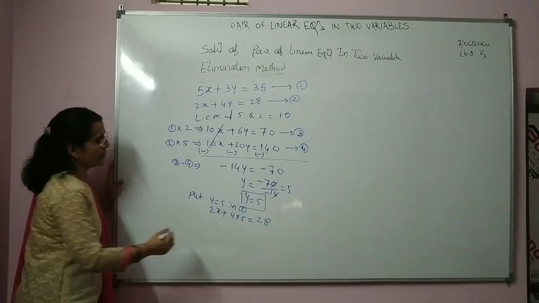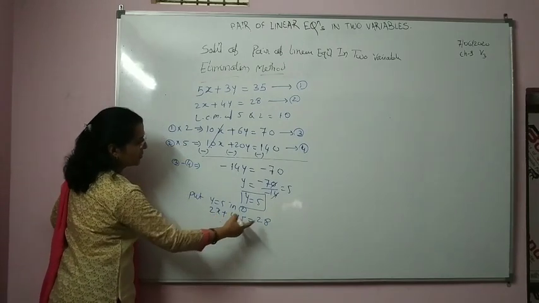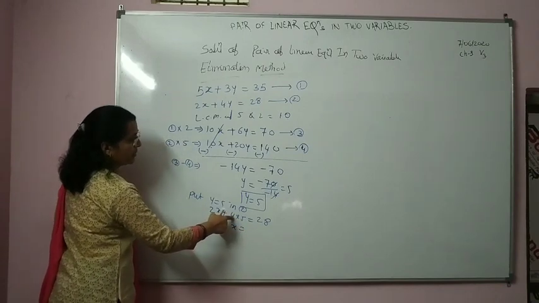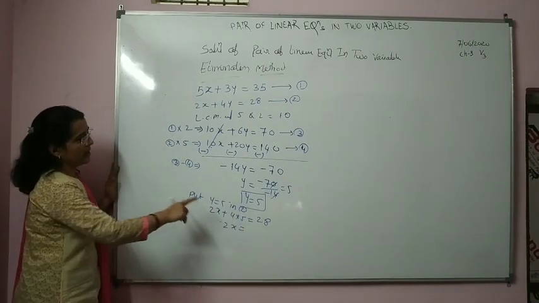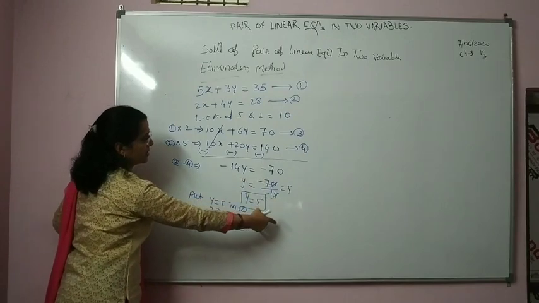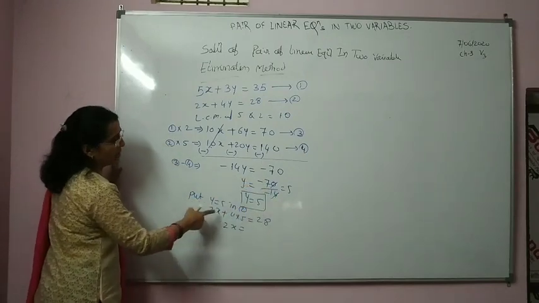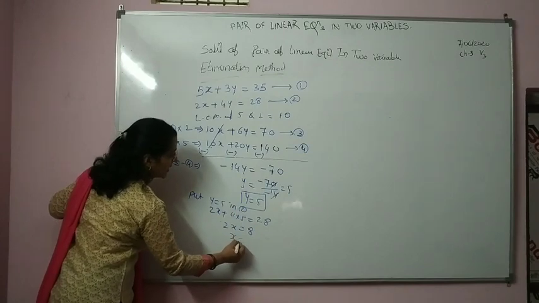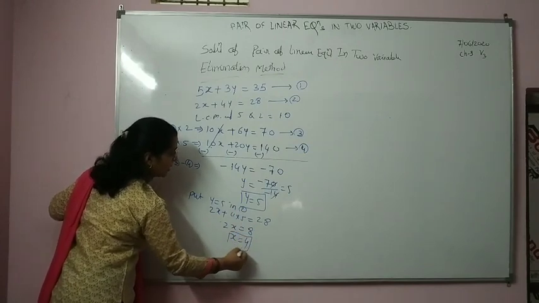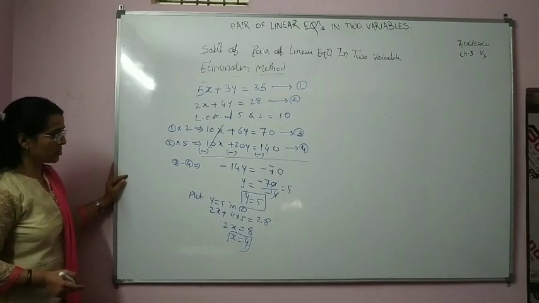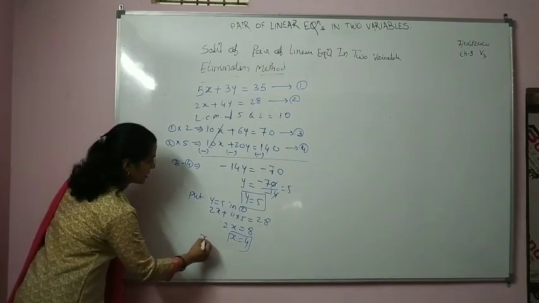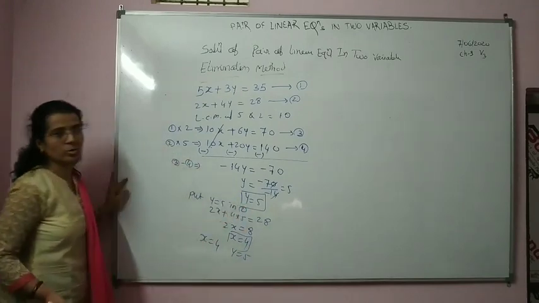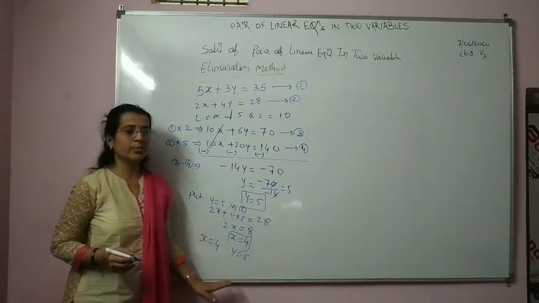Linear equation in one variable. So solve the equation for the value of x. So you will get 2x equals 28 minus 20, since 5 fours are 20 and if you shift 20 to that side it will be minus 20. 28 minus 20 is nothing but 8. And finally x equals 8 divided by 2, which is equal to 4. So in this way, the answer is x equals 4 and y equals 5, which is the solution of the given system of equations.